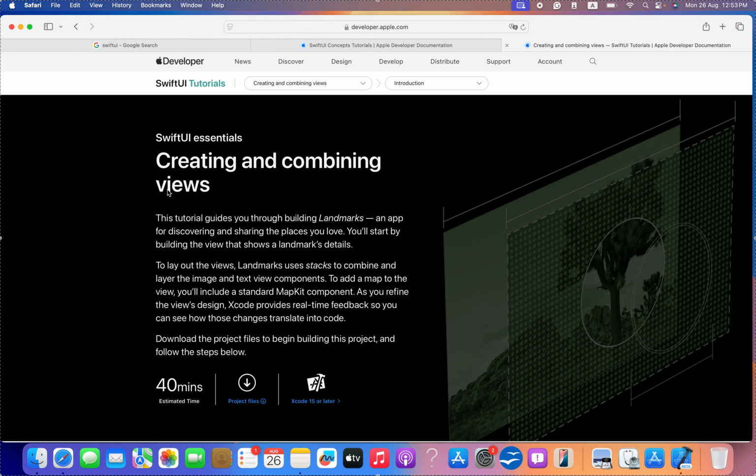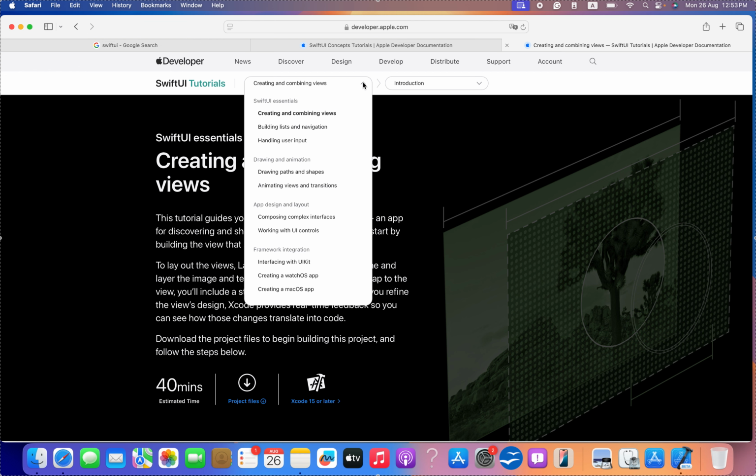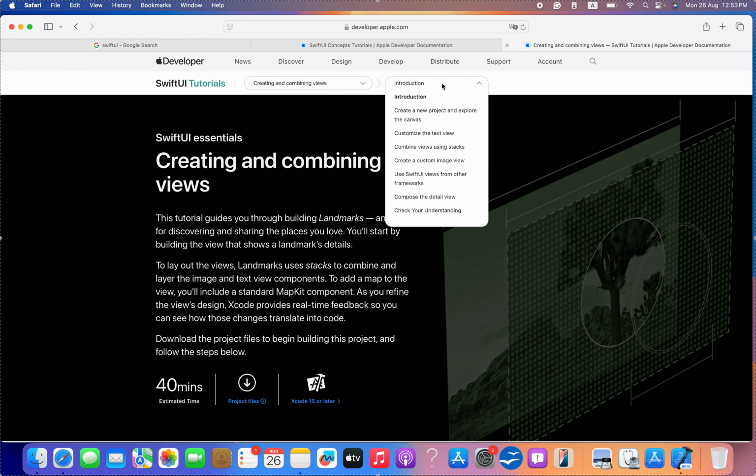Creating and combining views together. Let me check here if we are able to see subsections. Okay, yeah, as we told before, we will go with creating and combining views together, and the first section will be SwiftUI Essentials: creating and combining views, building lists and navigation, handling user input, and the other sections we will go through after that. Okay, but there is also information here which includes an introduction about Swift, maybe,